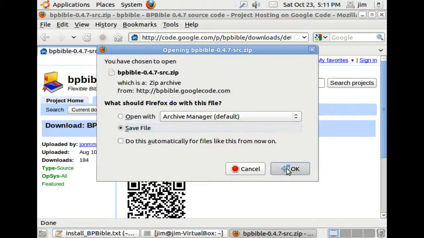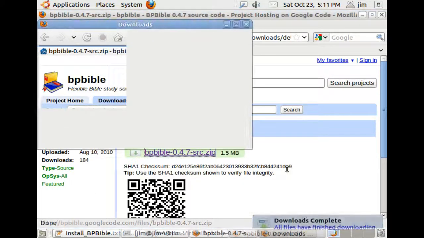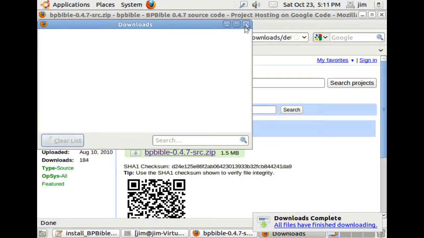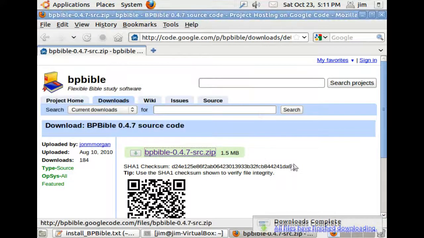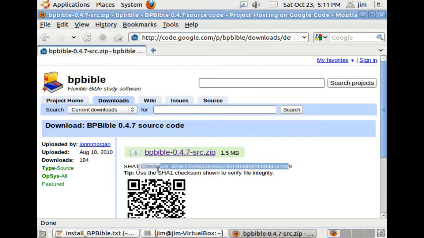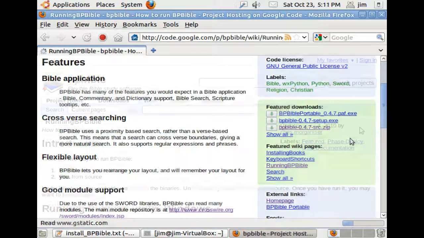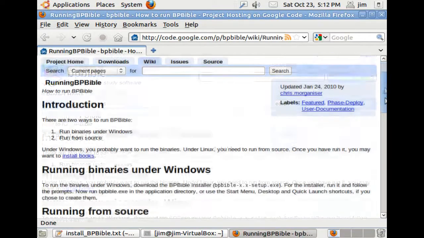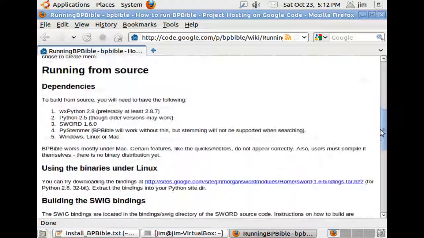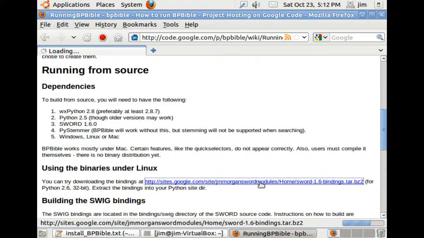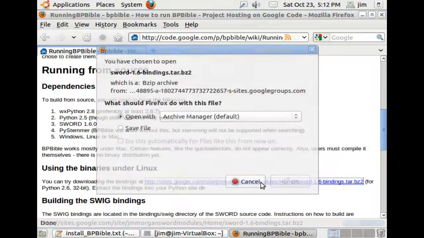And save it to the hard drive. That's done. Normally we would maybe want to check the SHA1 sum, but for speed's sake we'll skip that right now. Now we'll go to the running bpbible page. It shows basic examples of how to run bpbible. We're going to pretty much follow that, but take a little deviation. We're going to download these bindings, save us a little time,